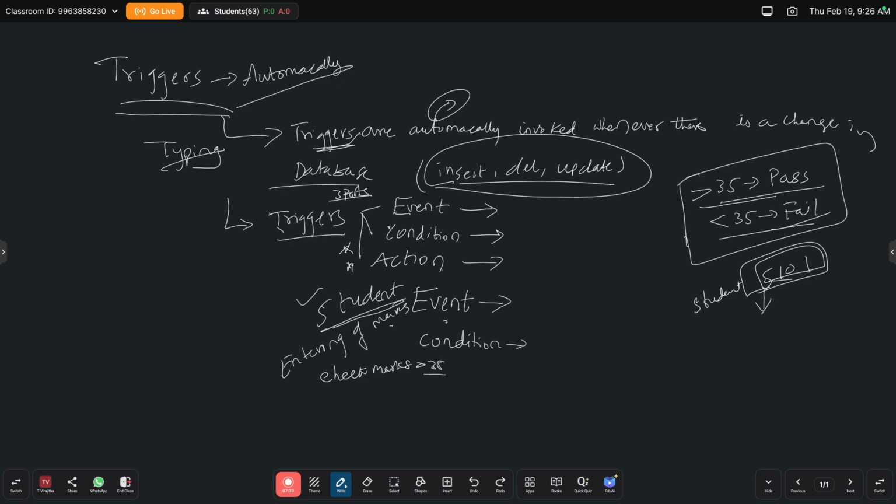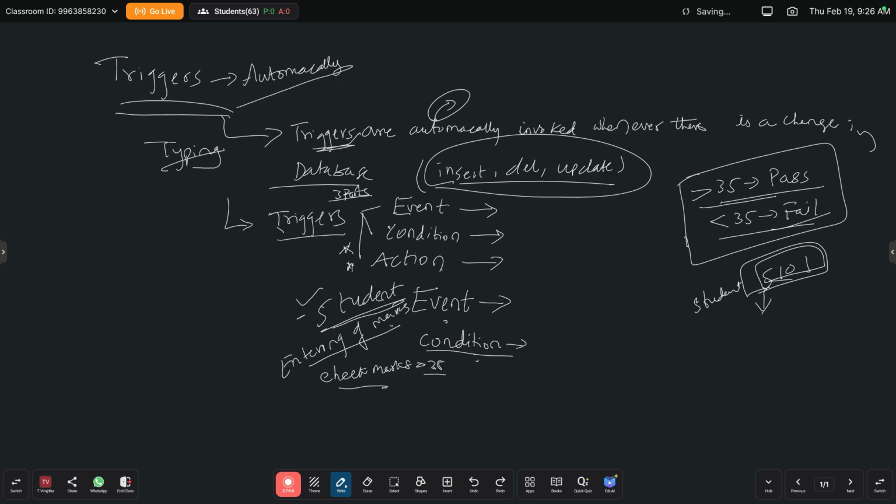So this condition will be checked in the condition phase. Whenever the user is inserting values into the table, a condition is checked using the check constraint.